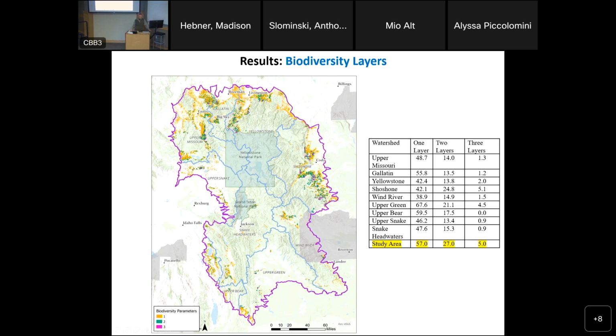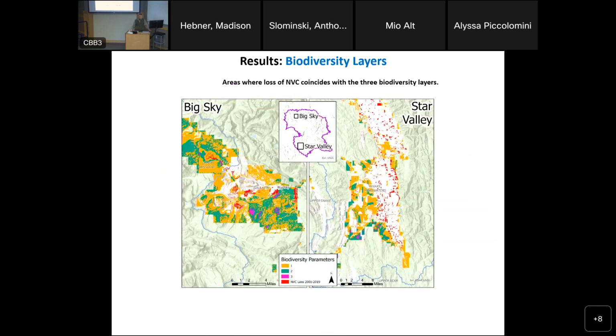Of course, we all love maps. Where are those places? Well, you were just skiing at Big Sky Saturday, and I was in Beehive. So that's pretty close to home. It's the place where the 3 layers perhaps most overlap. And then look, a fair whack of that 5% has been lost over the last 20 years in the Big Sky